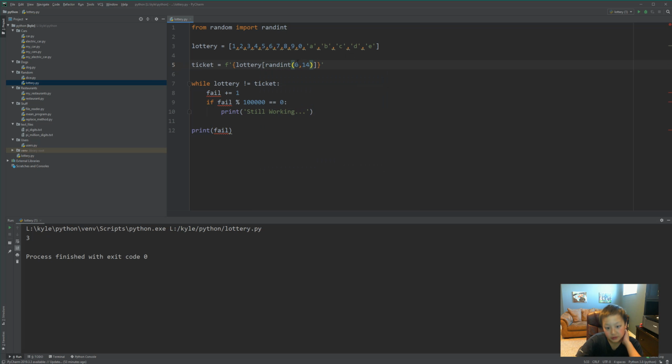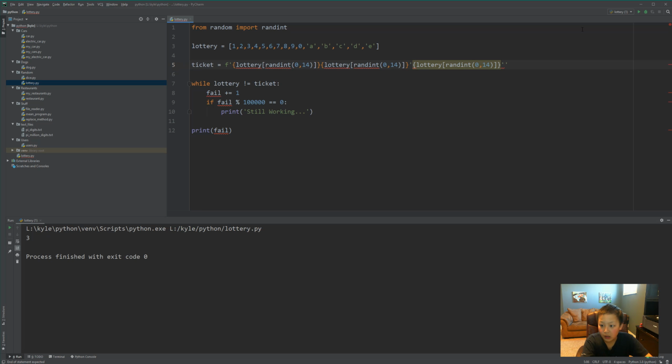The reason why it's 0,14 and not 1,15 is because Python, instead of counting up from 1, starts from 0. So this would be 0, 1, 2, 3, 4, 5, 6, 7, 8, 9, 10, 11, 12, 13, 14. Okay, and then you can just Control C and Control V